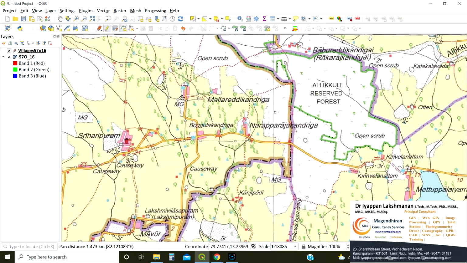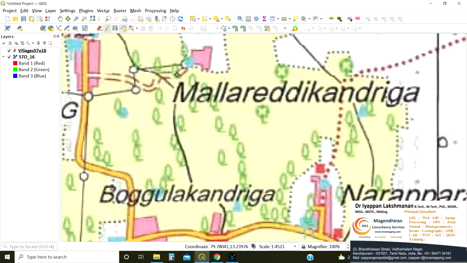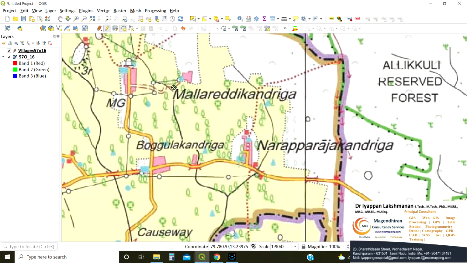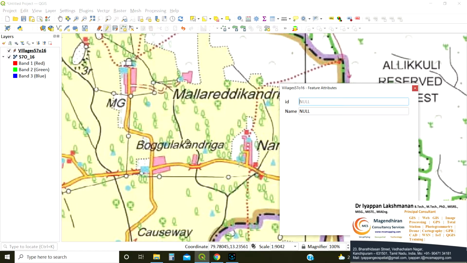Similarly, we can capture some other villages. Number 2, Mallar Reddy Kandigai.